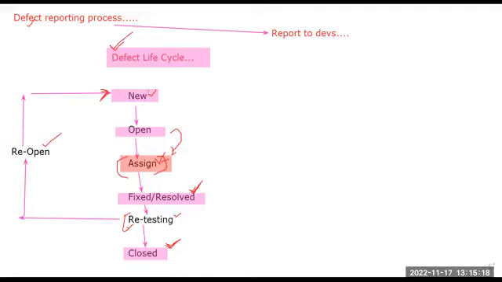Getting my point, guys? From new to close, whatever activities we perform for this defect, that is what we call the defect life cycle. Remember that. We report a defect and also we have to close it. From reporting a defect to closing it, whatever time we take for the defect,